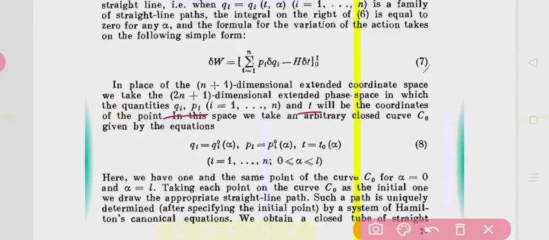If in this space we take any closed curve given by equation, suppose a closed curve, I am calling this C naught. The equations of this curve are given by this one: for the C naught I am denoting qi as qi naught alpha, pi as pi naught alpha and t as t naught alpha, where alpha is varying from 0 to L. Okay. That means